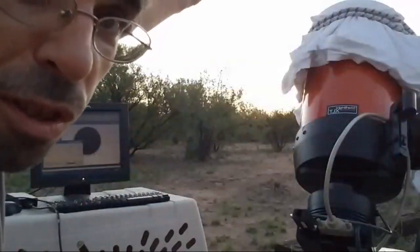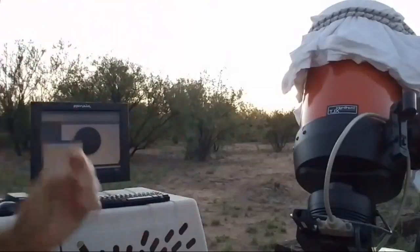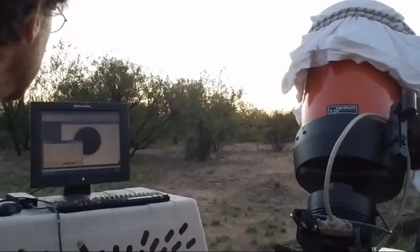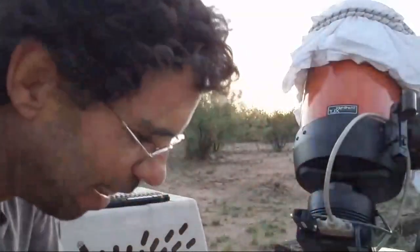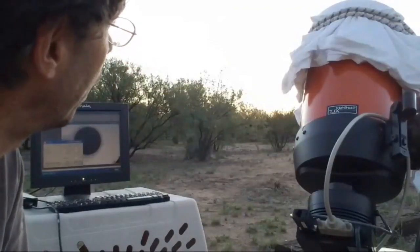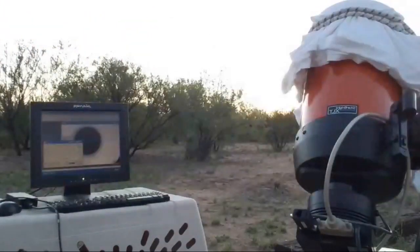So that cloud that was just up there a couple of minutes ago is now gone. So just sort of waiting for it to get dark enough so I can start taking flats. And it's pretty rapidly getting there. I've been told, and every time I do this I say that I have to check this out, but I've been told that every minute of sunset, it gets darker by a factor of 2. So you can sort of see, kind of hard to see from there, but I think we're slowly